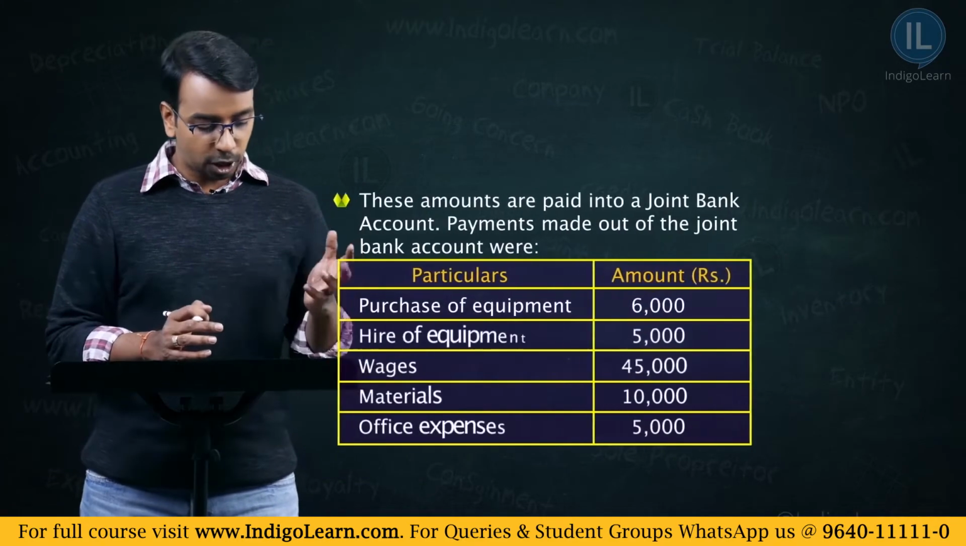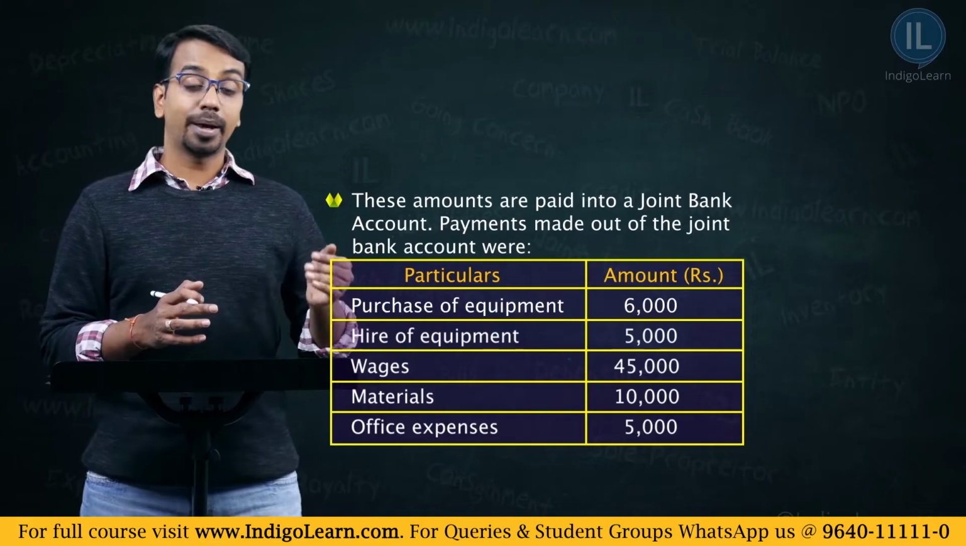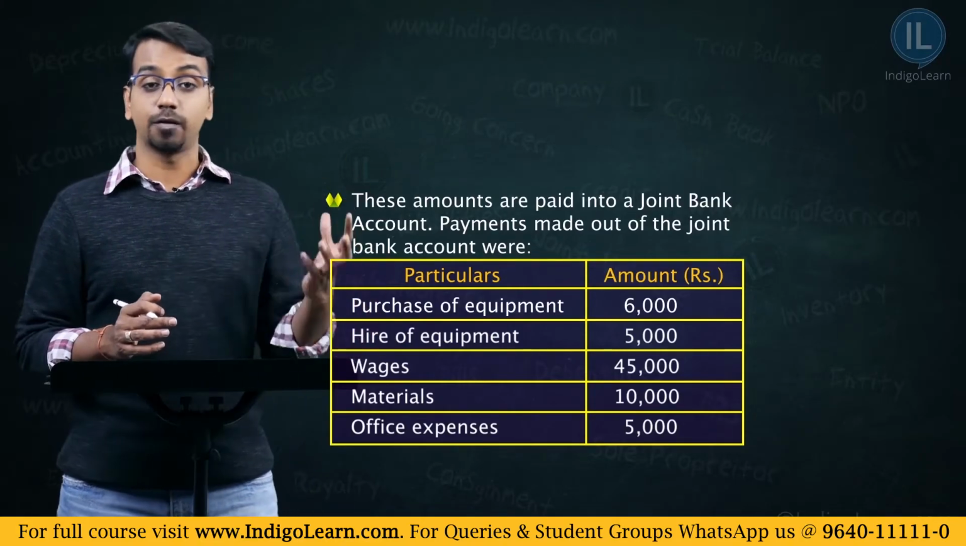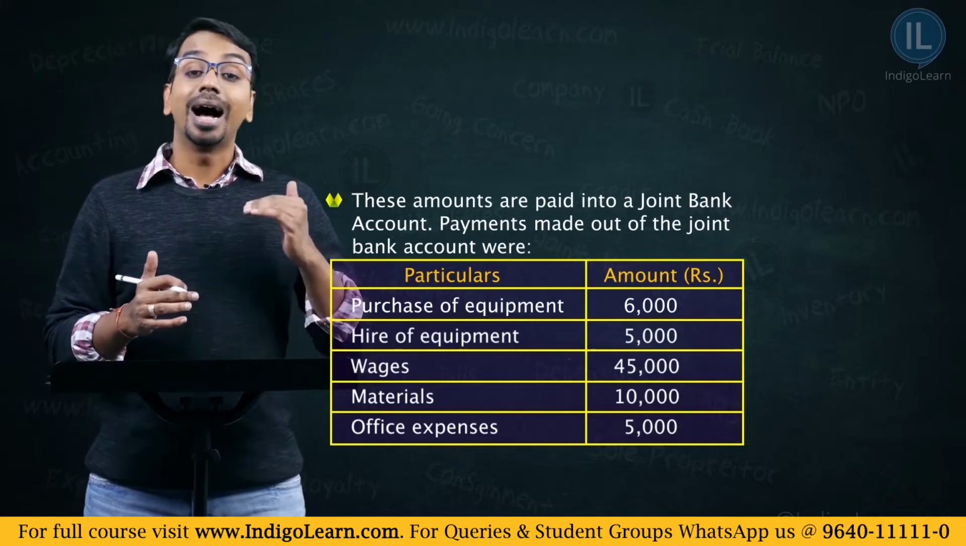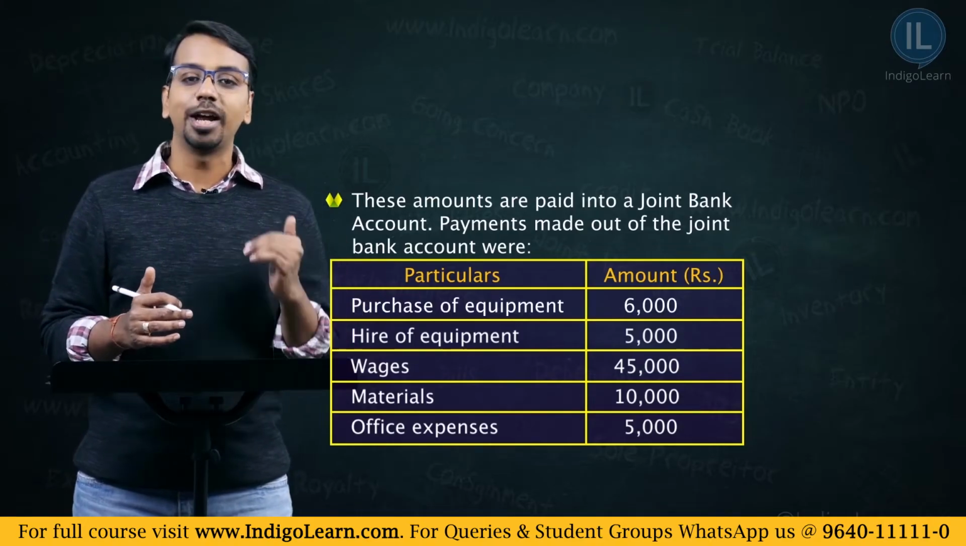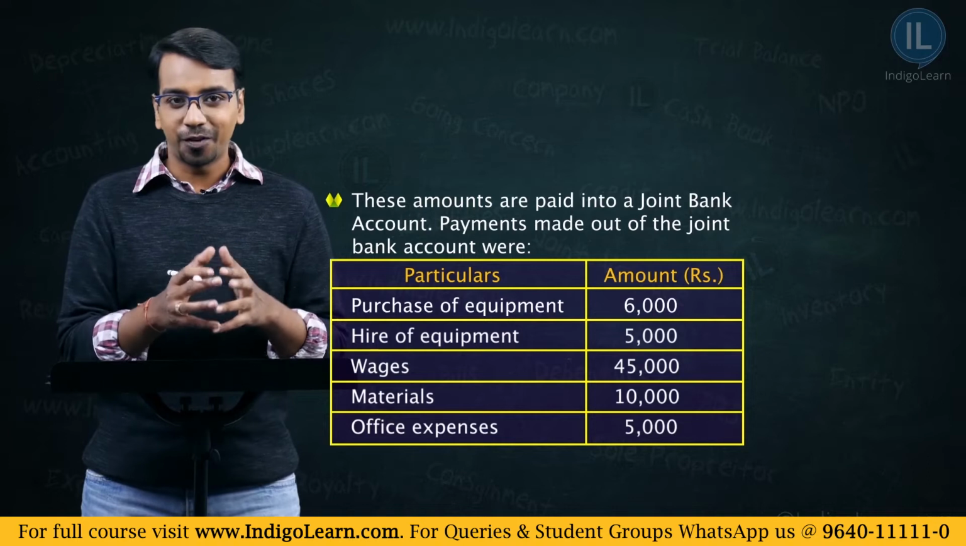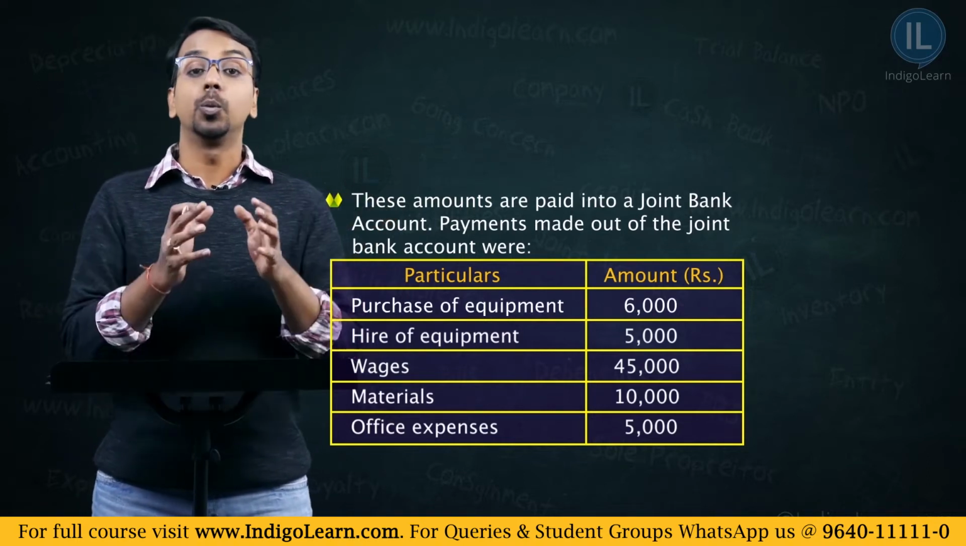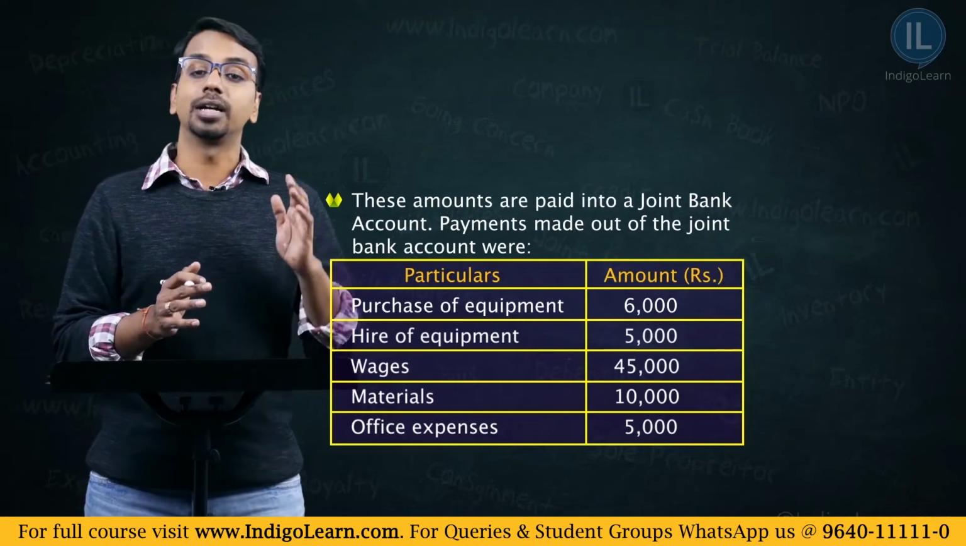These amounts were paid to the joint bank account and payments were made out of the joint bank account as below: purchase of equipment, hire of equipment, wages, materials, office expenses. All these are outflows from the joint bank account. And friends, we have understood that all the expenses of the joint venture will be debited to the joint venture